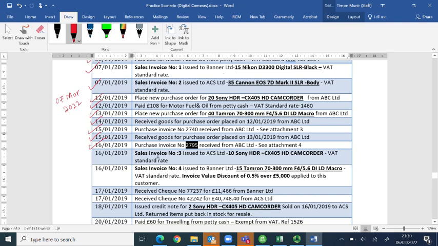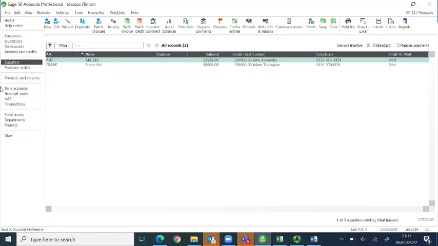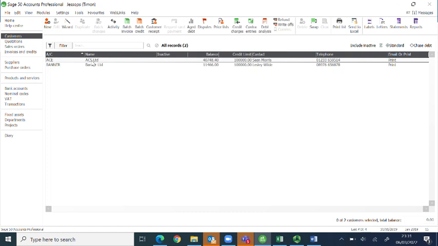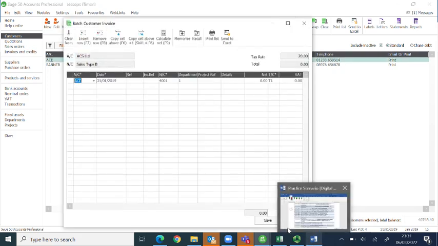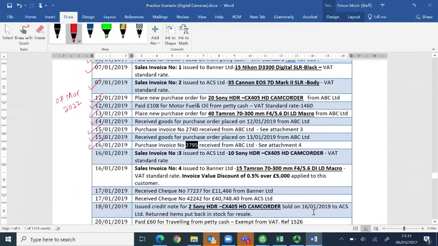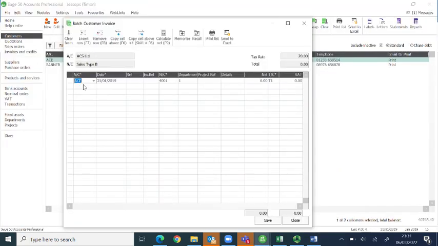Next, there is a sales invoice which we have issued, sales invoice number 3, issued to Ace Limited for 10 Sony HDR. So if I click on customers, Ace Limited, batch invoice, the date is 16th of January, so let's change the date to 16th of January. Invoice number 3,